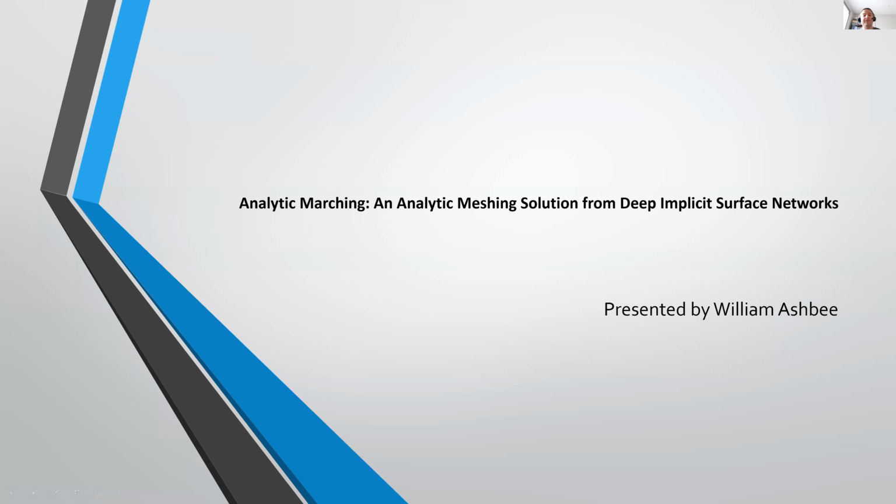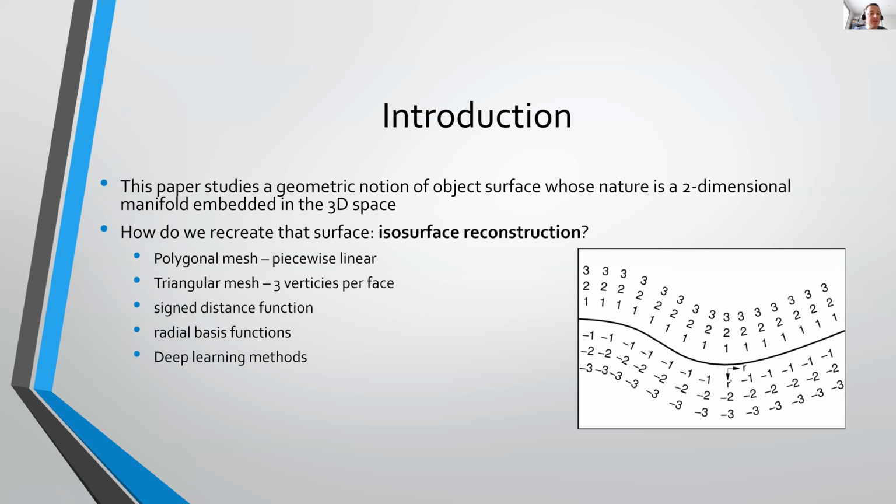All right. So I'm here to present the analytic marching algorithm that uses deep implicit surface networks. This paper basically begins with talking about the problem of isosurface reconstruction. And essentially what that is that